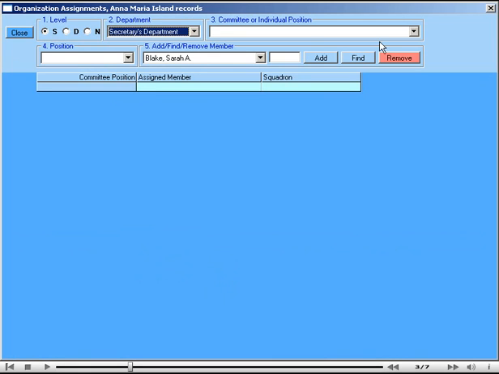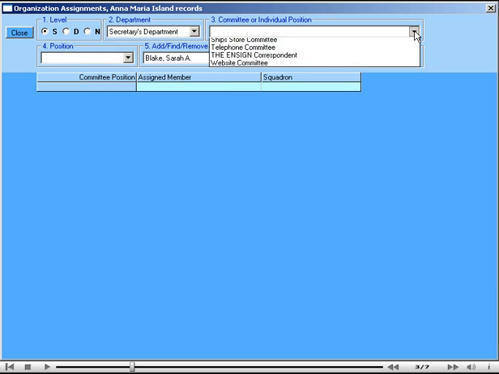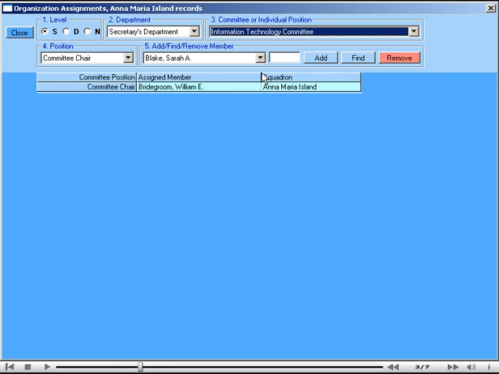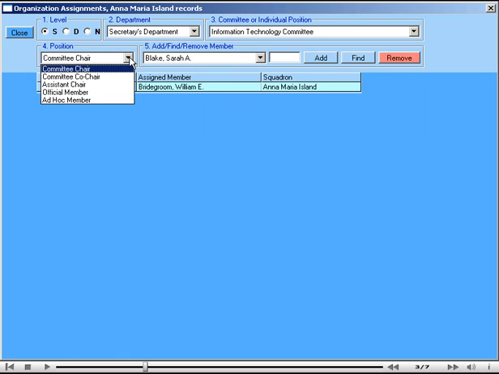Third, we select a committee assigned to that department. Notice that the committee listing only shows those that are assigned to the selected department. Let's select Information Technology. We already have a committee chair, so let's give this chairman some additional members. We click here and select Official Member,